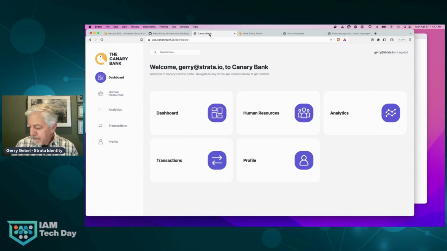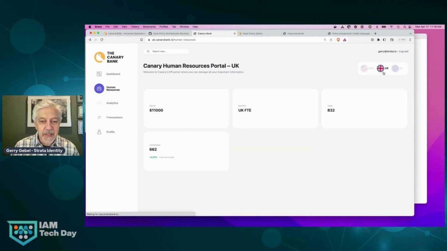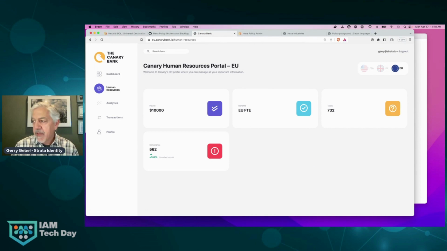And just to refresh you, this is a demo application, Canary Bank, running on Google Cloud Platform. You can see I'm already logged in, jerry@strata.io. And here we use the HR part of the portal to show how the bank is operating in 3 different regions, the US, UK, and EU. So you can see at the moment I have access to all 3 regions. But what I'll do now is I will connect to that environment